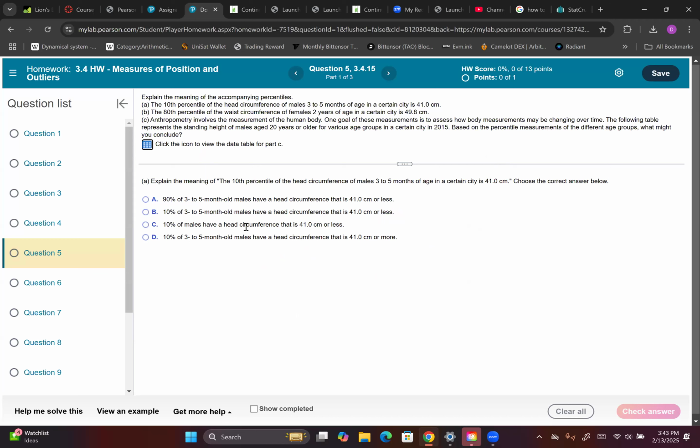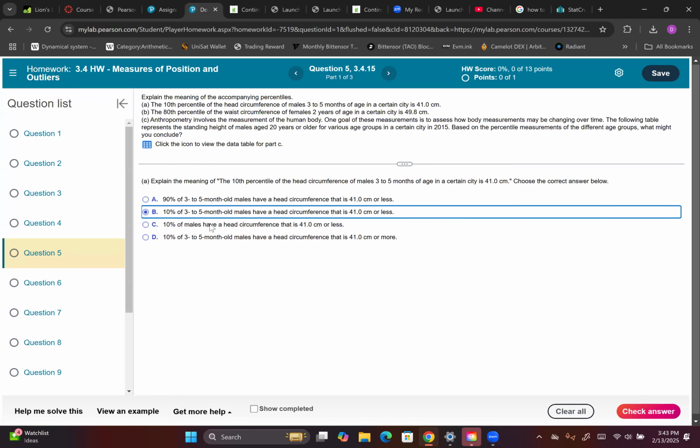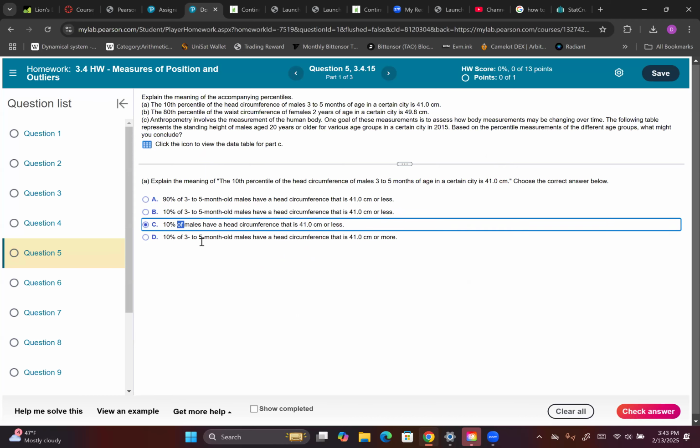So that one seems wrong, right? It's 3 to 5 month old males. 10% of 3 to 5 month old males have a head circumference of 41 centimeters or more. So which could it be? Okay, it's not actually the easiest question, but